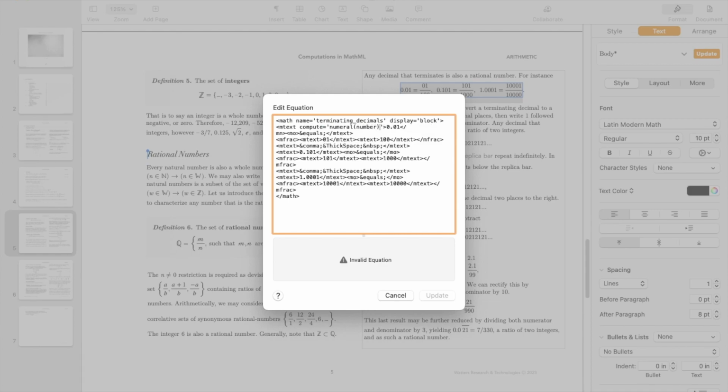All right, that's what we want to do here. And the sort of added benefit to MathML annotation,